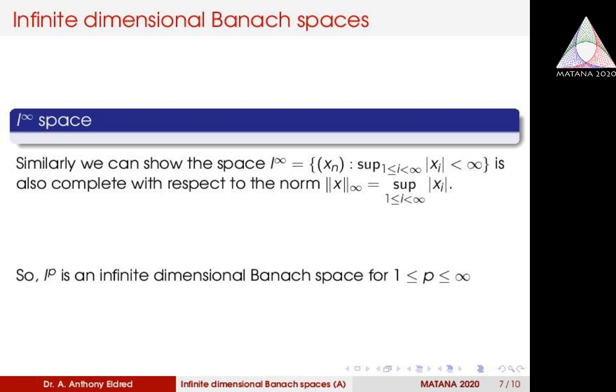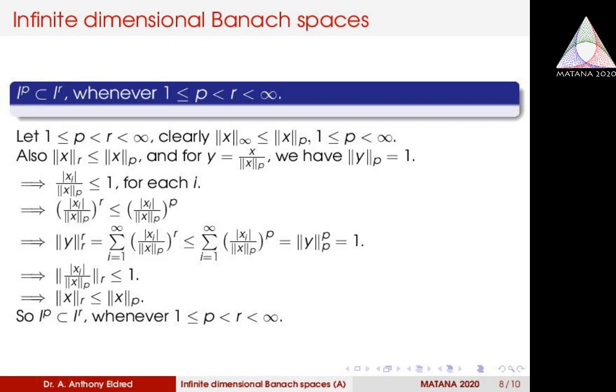So we have the ell-p Banach spaces for 1 less than or equal to p less than or equal to infinity. These we call ell-p spaces. These ell-p spaces are different spaces because they are sequences with different conditions. But we can see that for p less than r, ell-p is a subset of ell-r. So for 1 less than or equal to p less than r less than or equal to infinity, easily we can show